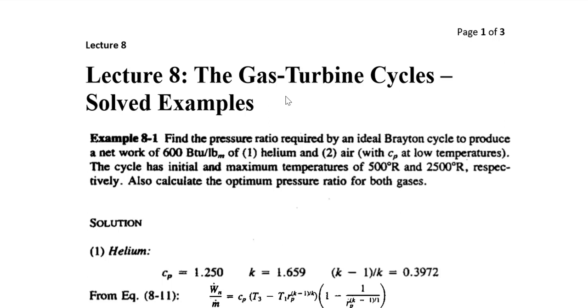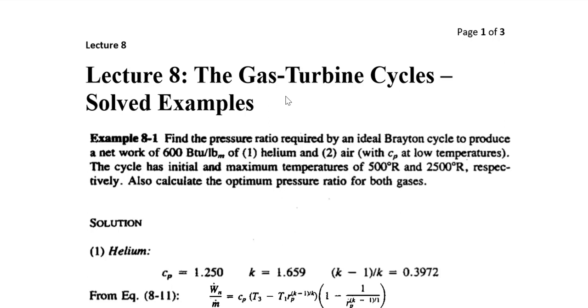Lecture number 8, the gas turbine cycles, and we will be doing some solved examples. Example 8.1 of Power Plant Technology by El-Wakil. Find the pressure ratio required by an ideal Brayton cycle to produce a net work of 600 BTU per pound mass